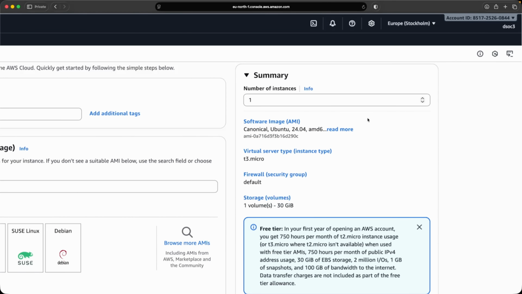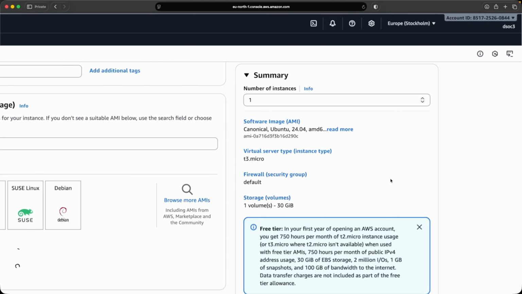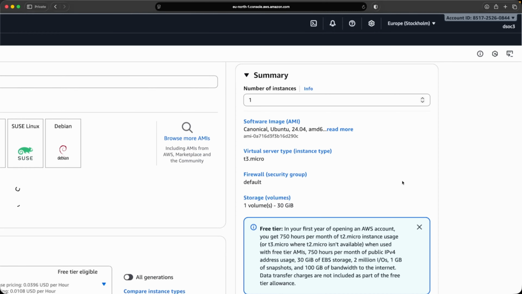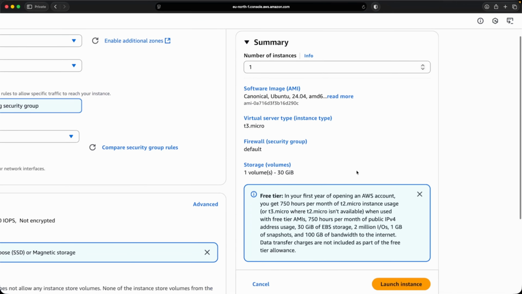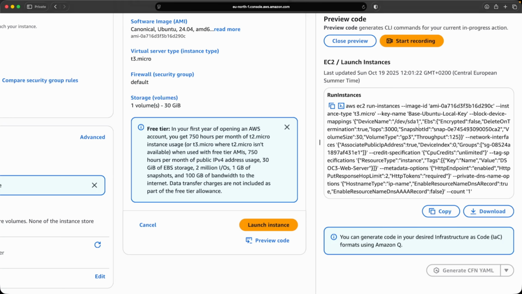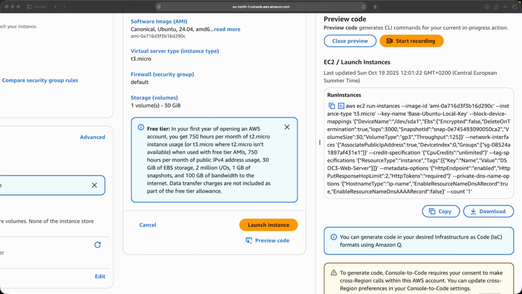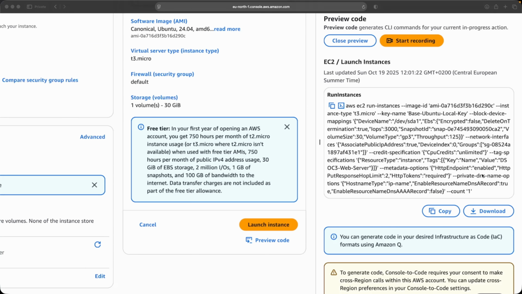So this is the summary. We are using Ubuntu 24 AMD, the virtual server type, the firewall like this, and for the storage volume I have selected 30 GB. I don't know if I'll be charged, I will see this later. Here there is the option launch instance and preview code. Click on this first, and here you will find, before this option was not available, now this is whatever you have done with the UI, you get the command for that. So copy it, paste it and see, or you can also download it,